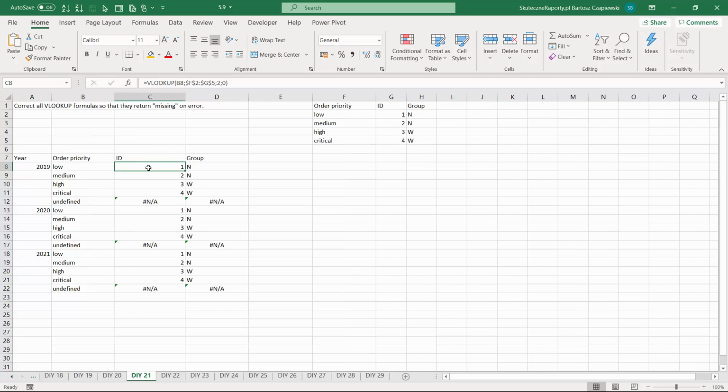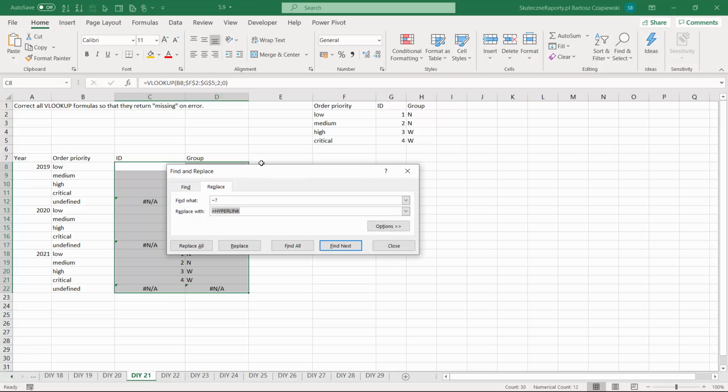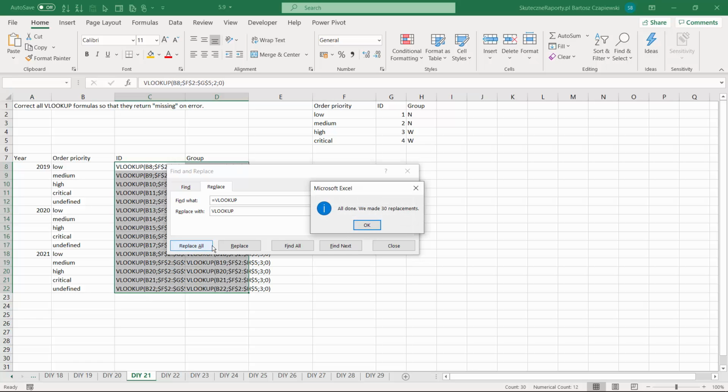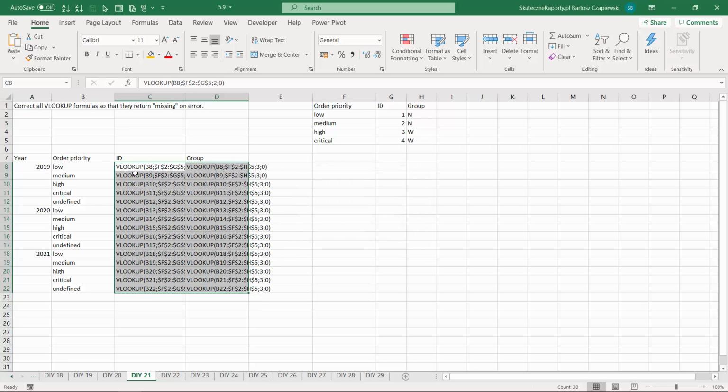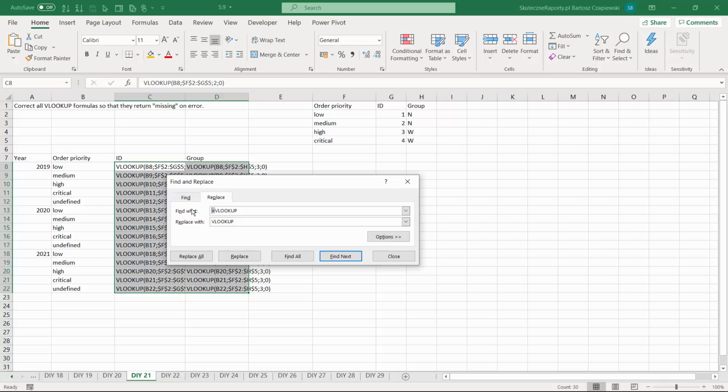In exercise 21, we have plenty of VLOOKUPs, and we need to correct them in a bulk operation. You can of course do it in many ways, but we practice operations on data, and one of them is find and replace. So we can go to our formulas like VLOOKUP, and at the beginning of the exercise we can turn off the formulas, which means let's switch all of the VLOOKUPs in here with just the VLOOKUP. This will turn off the formula, and once we have the formulas now, we can go and replace the VLOOKUP